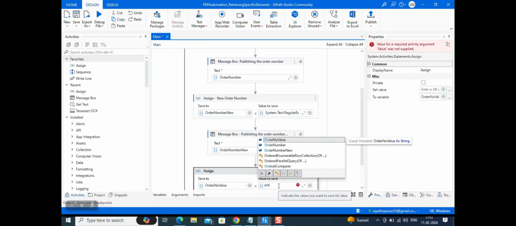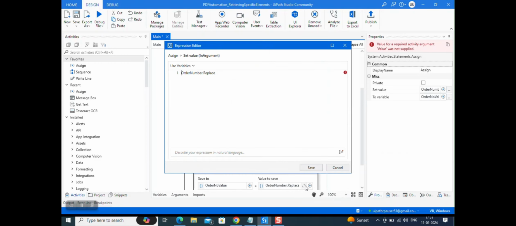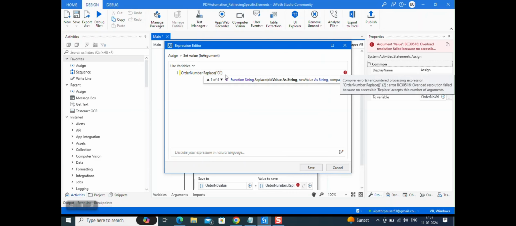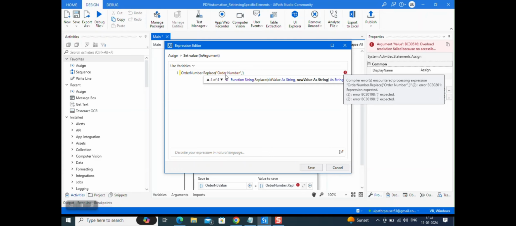I'm calling in the first variable which we have. Okay, order number dot replace of, what am I trying to replace here? I'm trying to replace a string called order number with a null space,